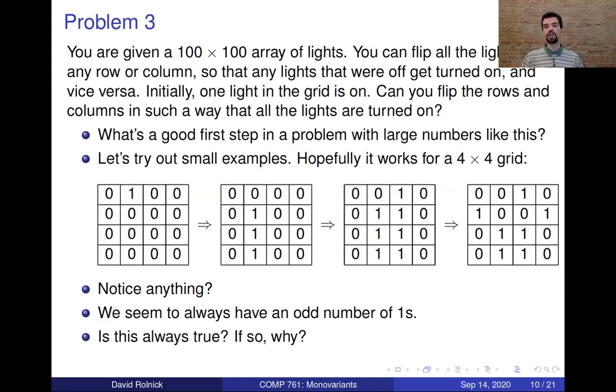In response to a question, an invariant about there will always be a row or column in which there is both a 1 and a 0. I think that that is true, but it will probably not be an easy invariant to prove. Why is this always true about the odd number of ones?